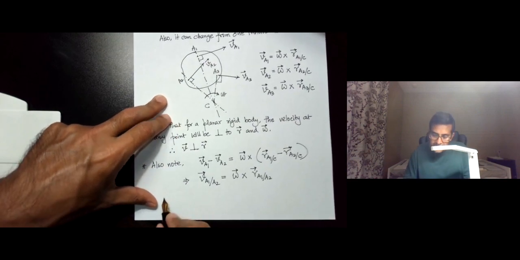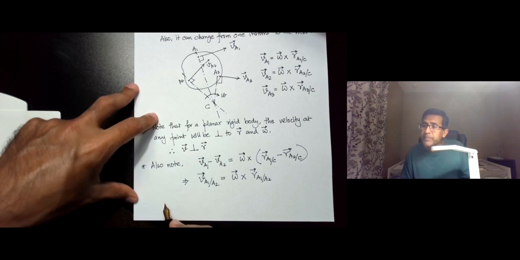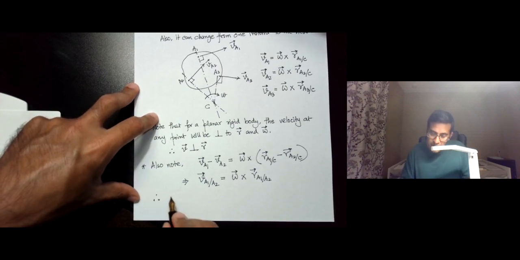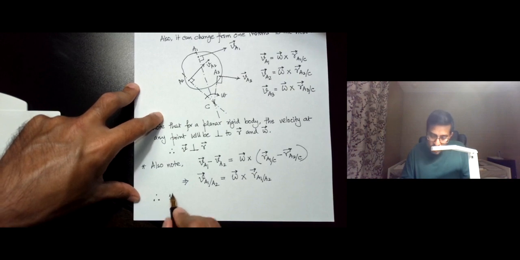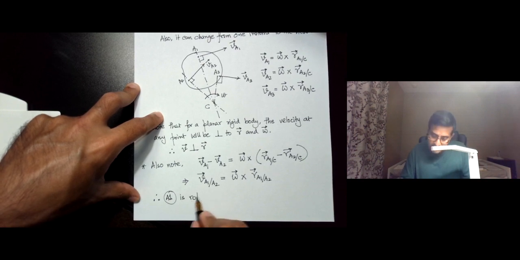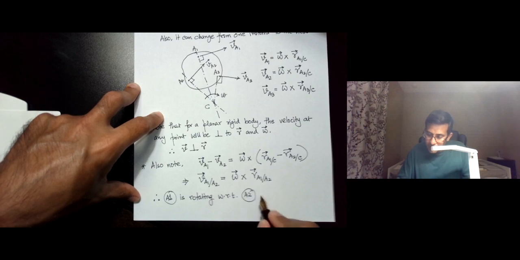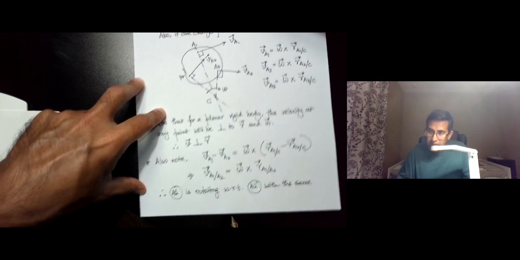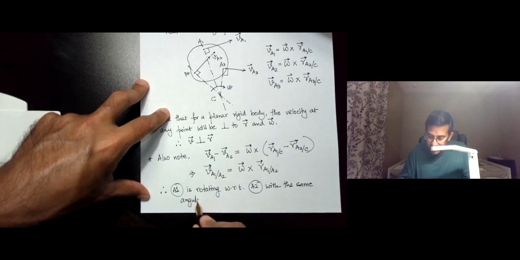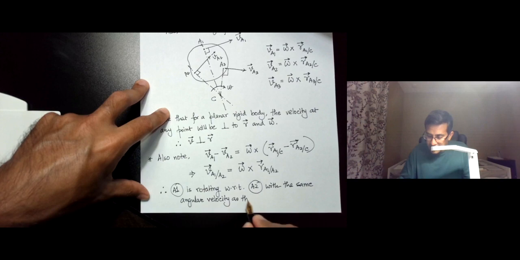So this basically shows that the point A1 is rotating with respect to A2 with the same angular velocity as that of the rigid body